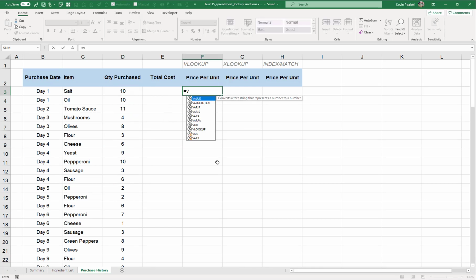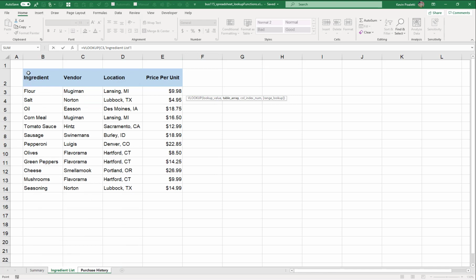If we type in equals VLOOKUP, the V stands for vertical lookup. And so what it needs to know first is what value would you like to look up? And in this case, we'd like to look up the item name, salt. If we press comma, it asks us what table array we'd like to look in. If we come over here to the ingredient list, you'll notice that salt is listed in the very first column. Whatever value you're attempting to look up with the VLOOKUP function has to be in the first column of your table array. So if we select this entire table here,